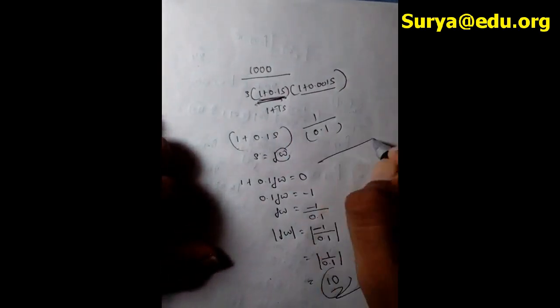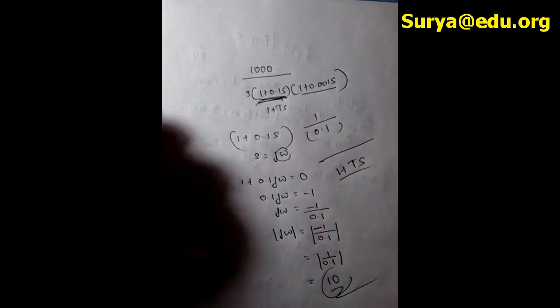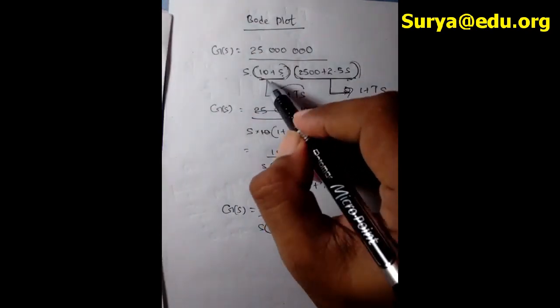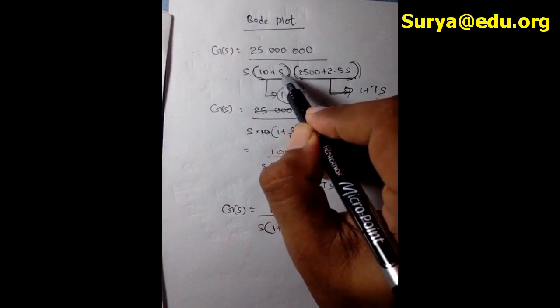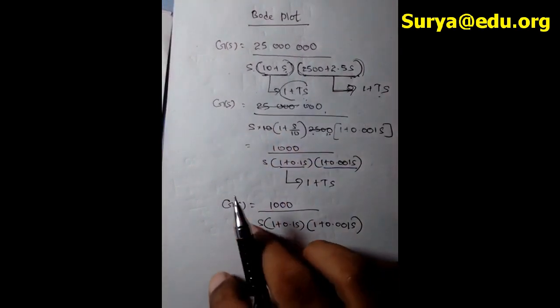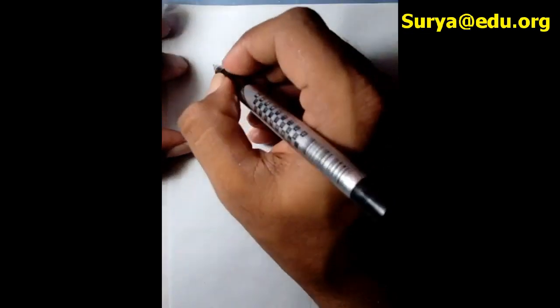So the components that are taken in the format of 1 plus ts are very special. So that is why initially we could not continue the problem with this format, because we really needed to convert this factor into 1 plus ts format. Okay, so that is also done. So now our next target is to obtain the magnitude table or the magnitude plot.